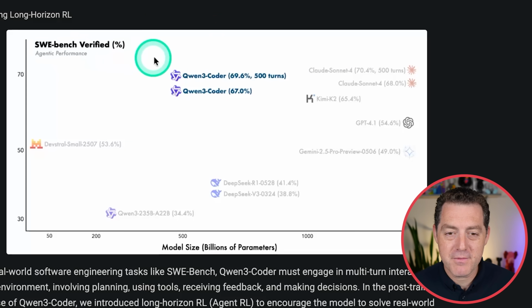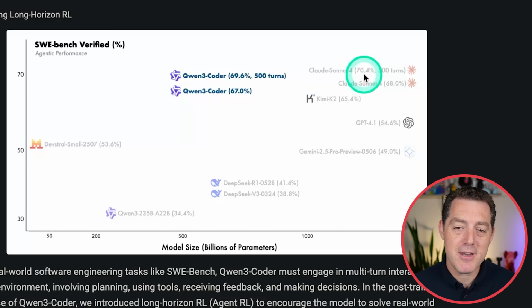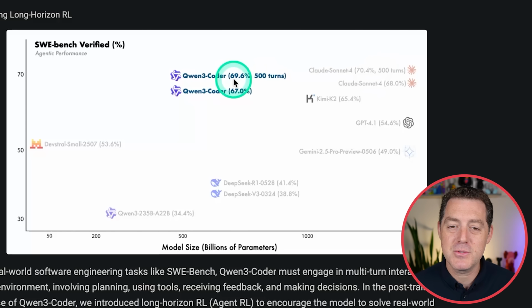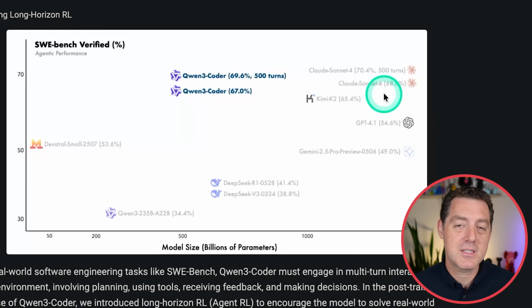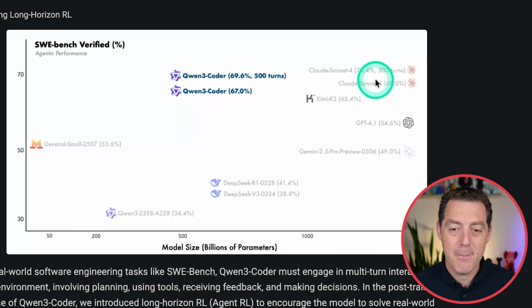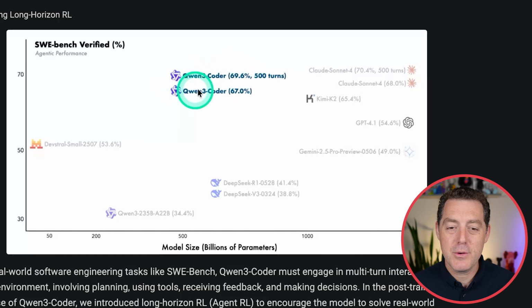This is SWE-bench Verified, and we have Qwen 3 Coder right here with 500 turns and Qwen 3 Coder standard right here. Now, look over to the right, Claude Sonnet 4 at 70.4% as compared to 69.6%, effectively the same. Same with Claude Sonnet 4 standard version, but it is a much bigger model. And here's Kimi K2, but Qwen 3 Coder, relative to Claude, a much smaller model, but performs just as well